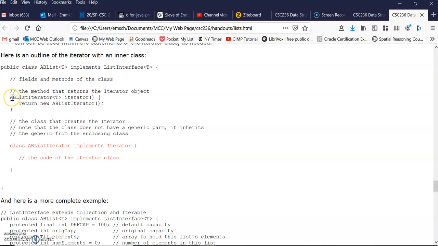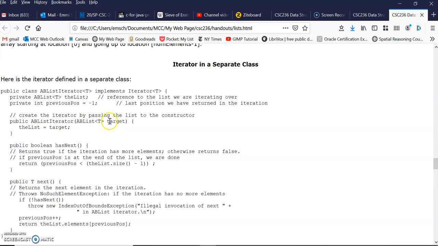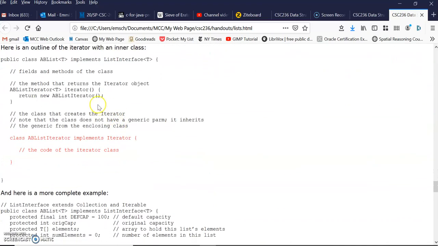Here's the iterator method of the list that says, create a new iterator object for me and return it. And the only difference we see here is that before we had to pass the parameter, right? Before we had to pass the list itself saying, hey, iterate over me. Now we don't have to pass that because it's going to iterate over this list. It's part of this list. Okay, so then we have